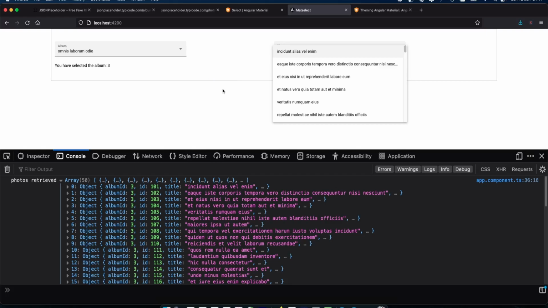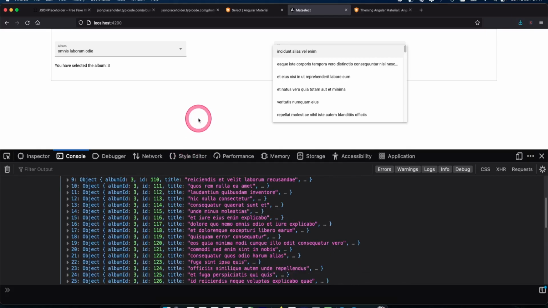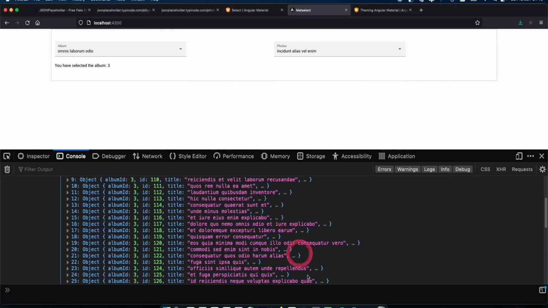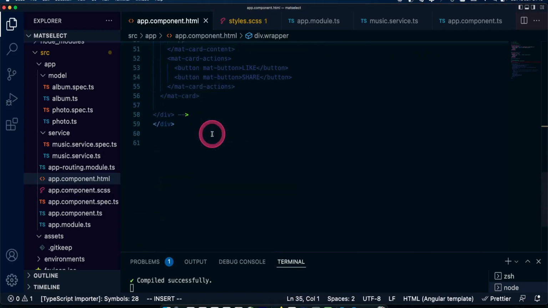Okay. Just to wrap this up, I'm going to display all of this information in a card just to show you how you can display them, assuming you don't want to put them inside the select for some reason. So now I'm going to go back and enable my card.